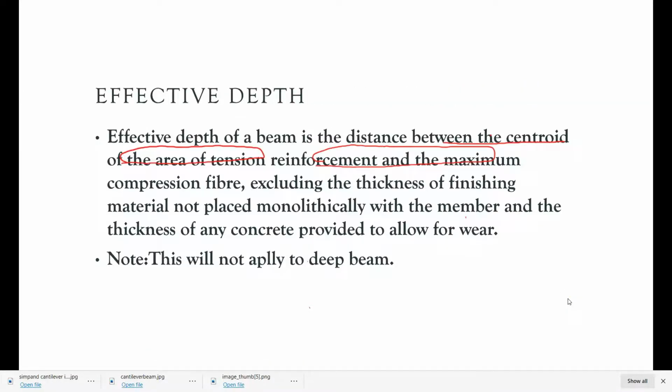Now let's see the definition of effective depth given. The effective depth of a beam is the distance between the centroid of the area of the tension reinforcement and the maximum compression fiber.